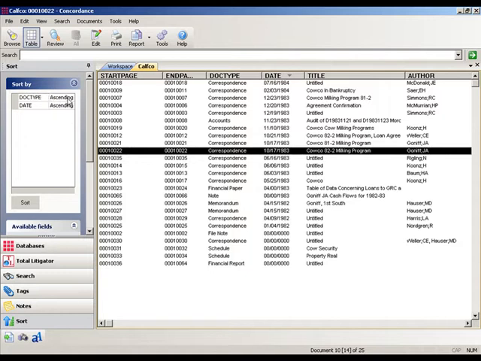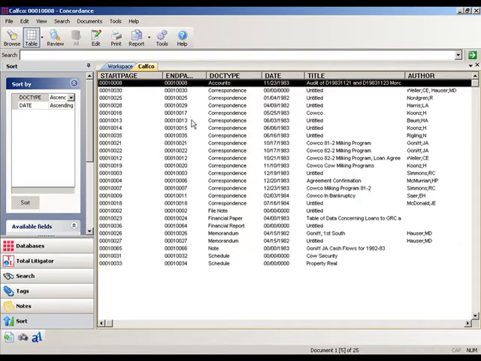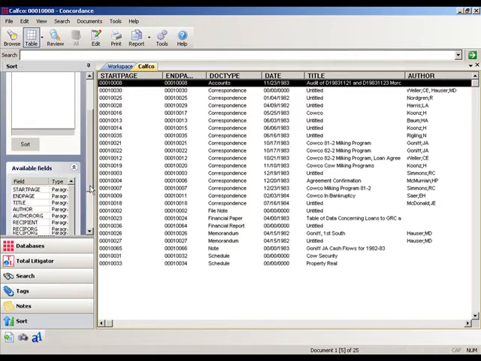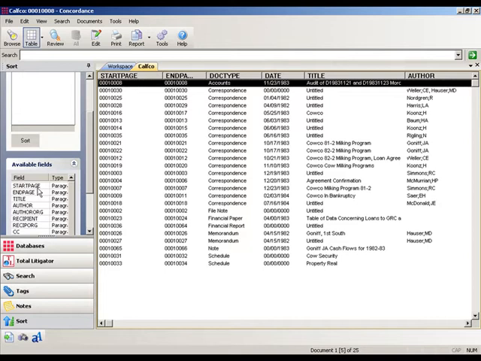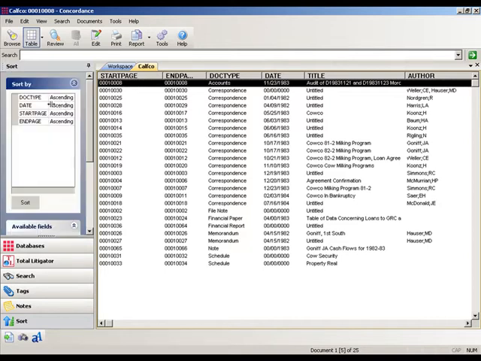When I am ready, all I have to do is click on this sort button, and by doing so I now have the data sorted first by Doc Type and then by Date. I can add as many fields as I want to the sorting list and also take away any particular fields that I am no longer interested in. Okay, with that demo done, let me go ahead and hide this database tab again and go back to the